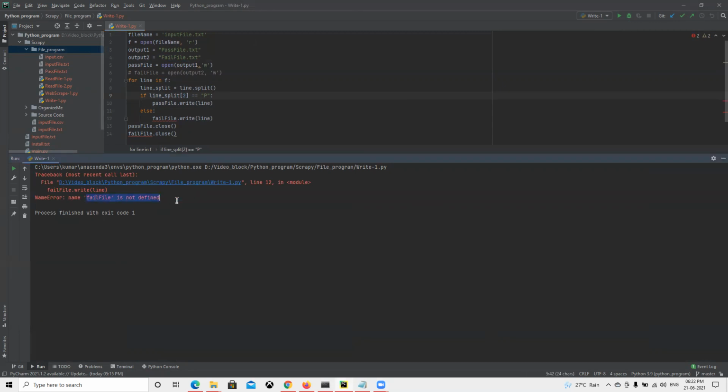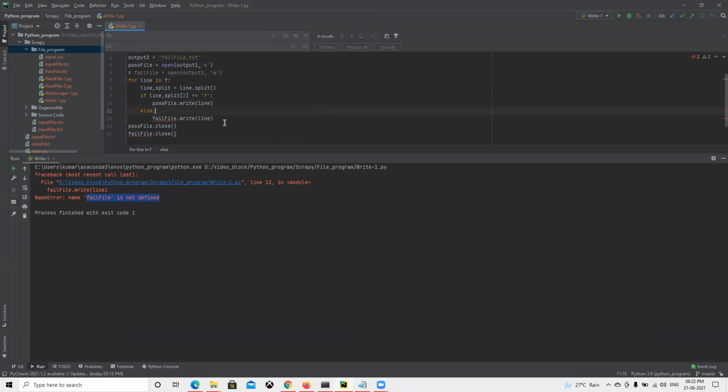fail file is not defined. So what is its name? I gave the fail file correctly, I hope so. It has to be defined from... Sorry. Now we will go and run it again.